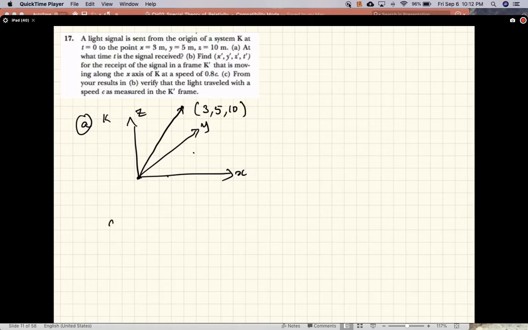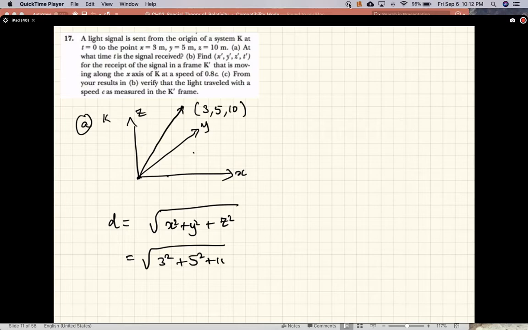So the distance to that point is, let me write it as, x squared plus y squared plus z squared is equal to 3 squared plus 5 squared plus 10 squared, and that distance is equal to